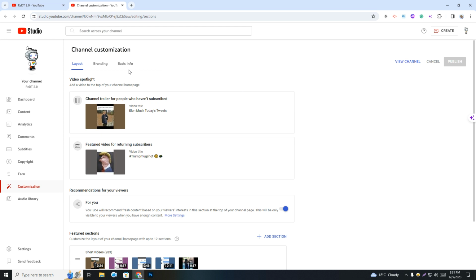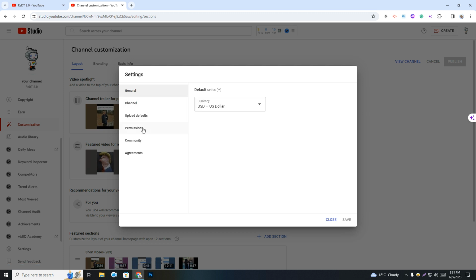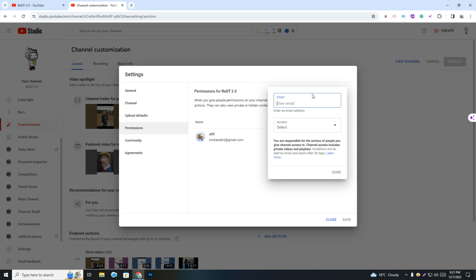Simply click on that. After that, scroll down a little bit and you can see the option settings. Simply click on settings, and you can see permission. Click permission and click invite. So you have to give a valid email. Okay, I'm just typing randomly